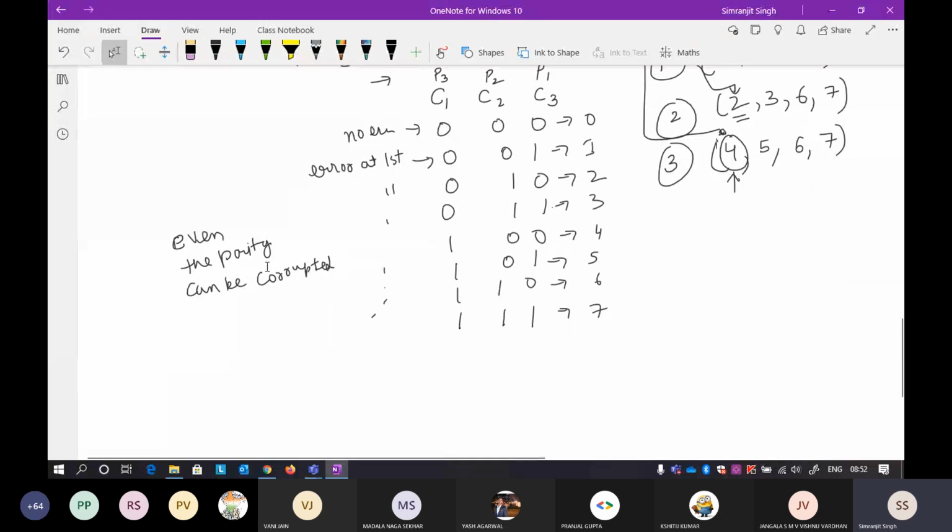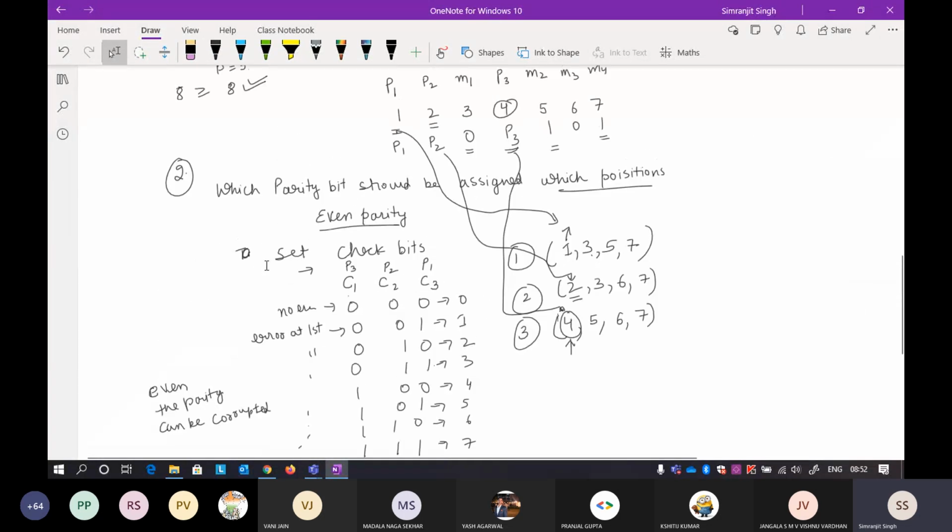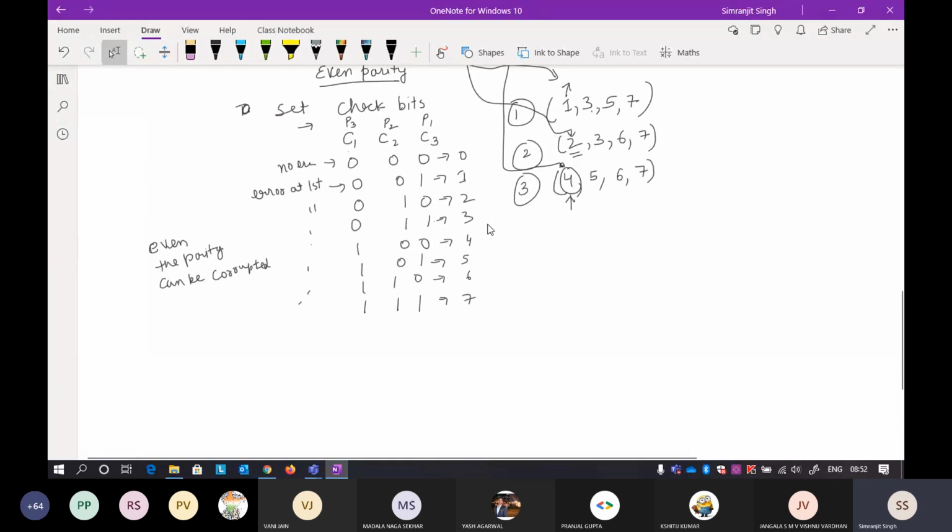It's very easy. Now I'm taking the message. So just wait a second. Now it was 1, 2, 3, 4, 5, 6, 7. This is the first parity bit, this is the second parity bit, and this is the third parity bit. The remaining ones are message bits. So the message bits are 0, 1, 0, 1. So this was the message.